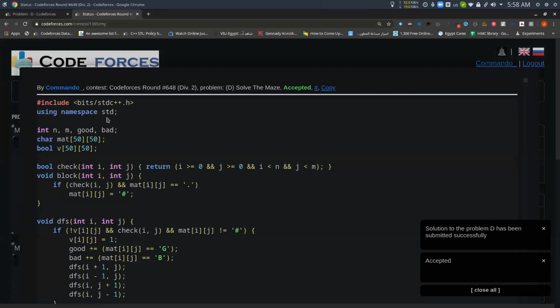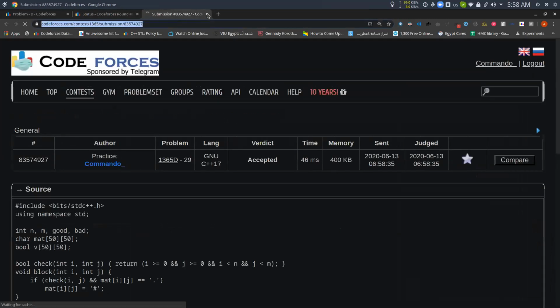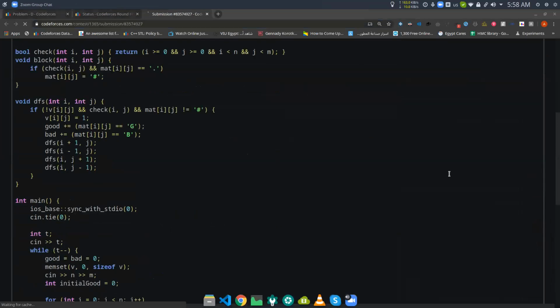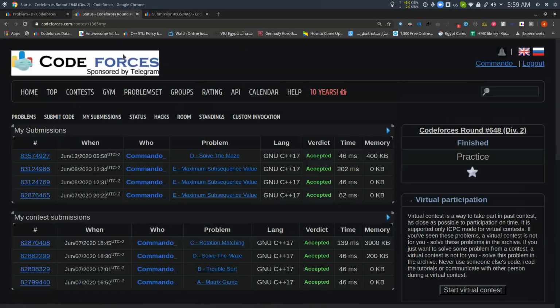Okay, accepted. So if you want the code, I'll send it to you in the chat here. Okay, here's the code for this problem. Make sure to keep it understandable.